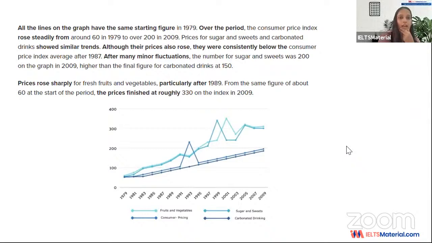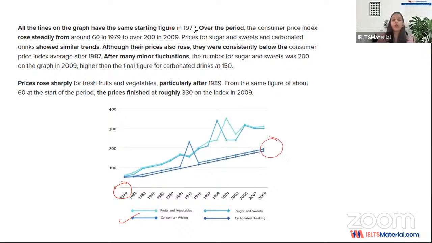And showing the similar trend with the fruits and vegetables, sugar and sweets, or carbonated drinks. That's what we have to see. So consumer price index rose steadily from, so let's find consumer pricing, right? This is it. So it rose steadily from 1979 to over 200 in 2009, right? So this is